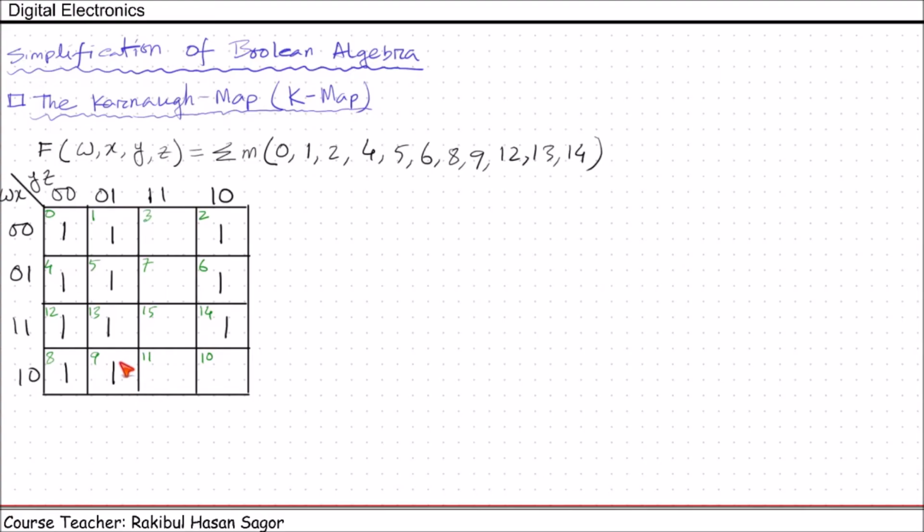Now let us take the biggest box with the adjacent cells containing ones. We can take 8 adjacent cells. So we can take these 8 adjacent cells. Now for these 3 ones, we cannot take 3 together because either we need to take 2 or 4. Now, can we take 4? Yes, we can take 4